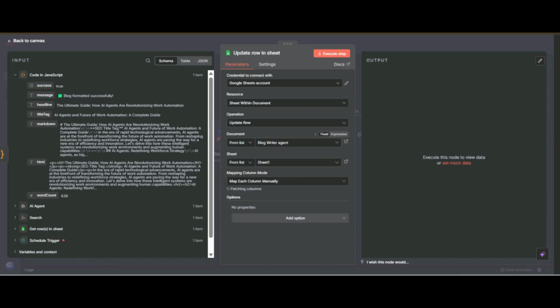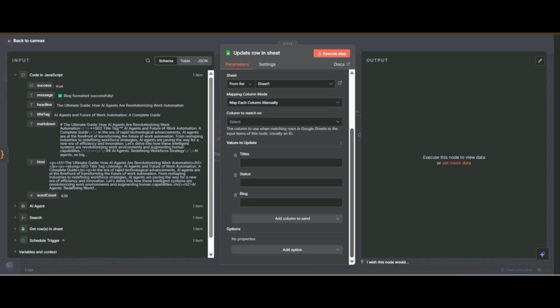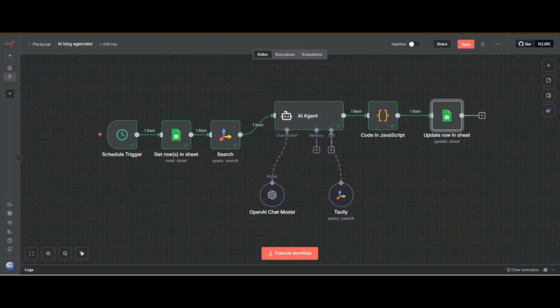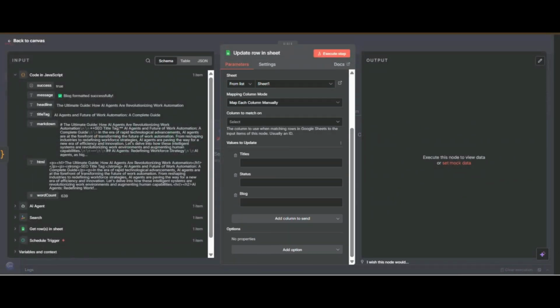Now the thing that changes is that first we retrieved the titles, but now we have to update our Google Sheet. You can see here, column to match on. Which column do you want to match? We have to match our title.